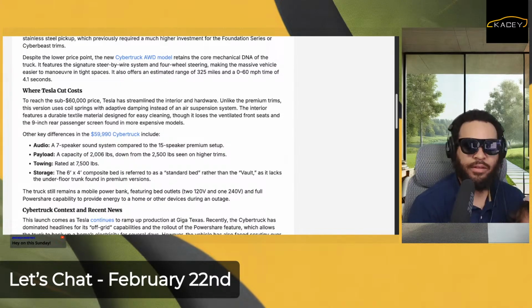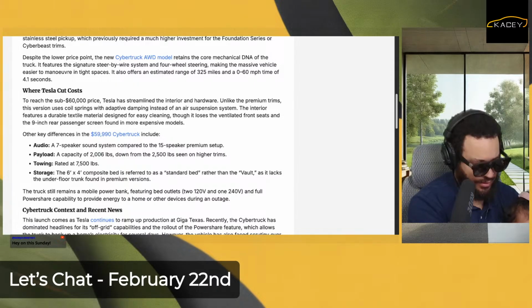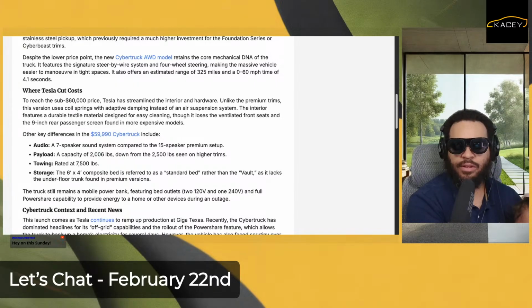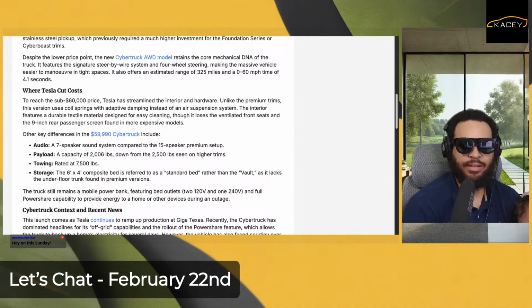Okay, so this one's saying 325 mile range. It's got a 0 to 60 at 4.1, so they're not really dialing down the dual motor on you. What I suspect may be happening, if Elon is not trying to goose the numbers for the end of the quarter, is that same thing we saw with the Model 3 standard and Model Y standard, which are now just called Model 3 and Model Y, where as they prepare the volume they need of the cheaper stuff, they just throw in the regular one.